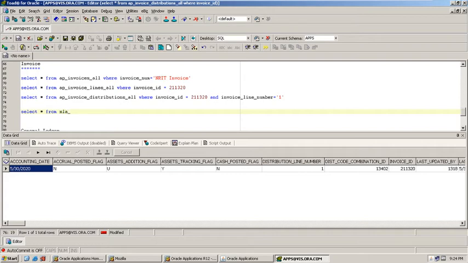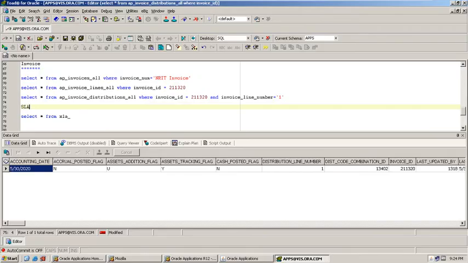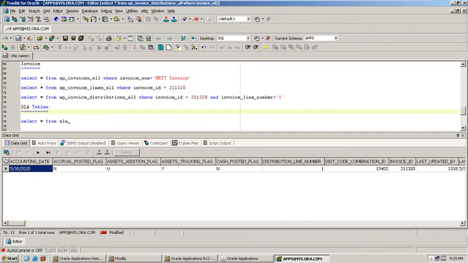XLA subledger module, SLA tables. What are those? XLA events, where event ID equal to.